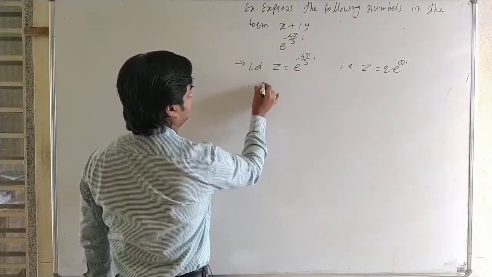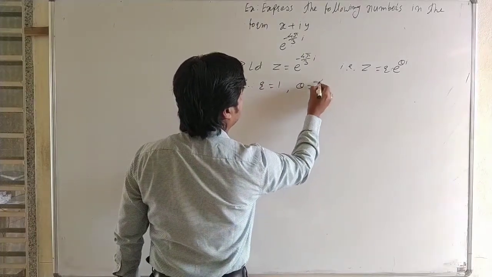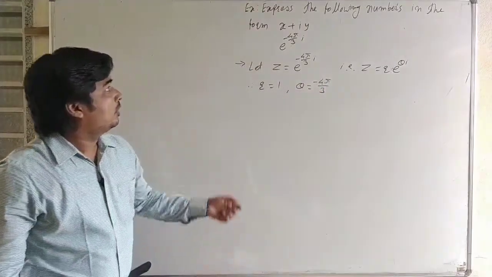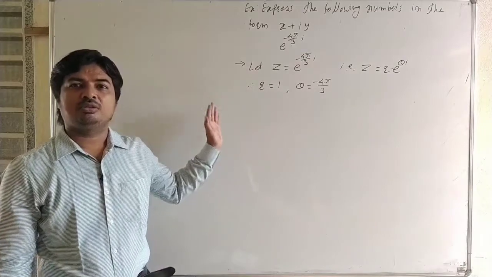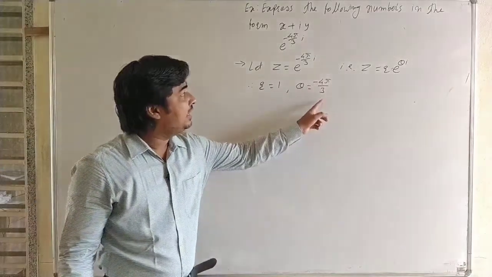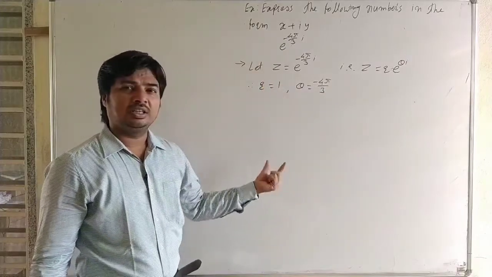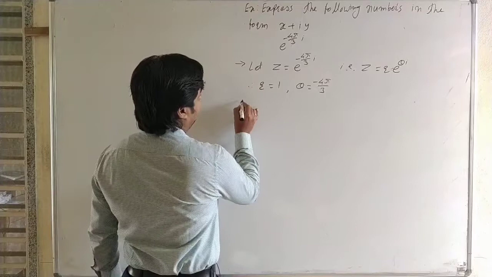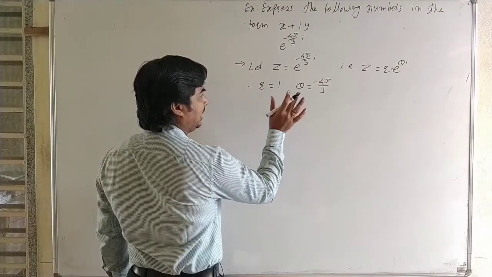Therefore r is equal to 1 and theta is equal to minus 4 pi by 3. Okay, we want to find values of x and y. Therefore x is equal to r cos theta and y is equal to r sin theta. Here again it is a negative angle. As we used in the last example, make the negative positive, then use the allied angle formula. Now here x is equal to r cos theta and y is equal to r sin theta.